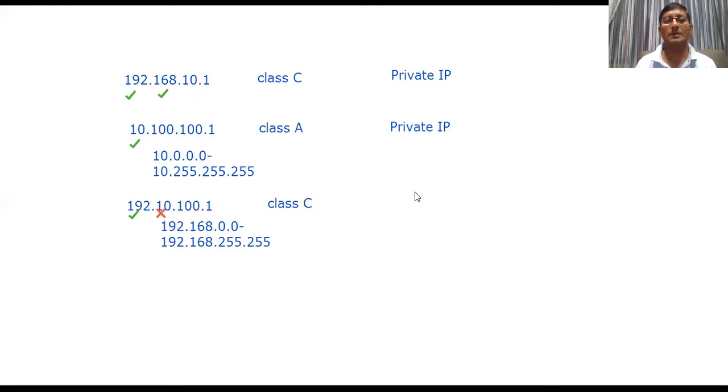So this is wrong, that's the reason we can say public IP. If the condition fails, we call it public IP. Everything is public IP except these three ranges, and the fourth one is 169.254.0.0 to 169.254.255.255. So I am giving one more example.